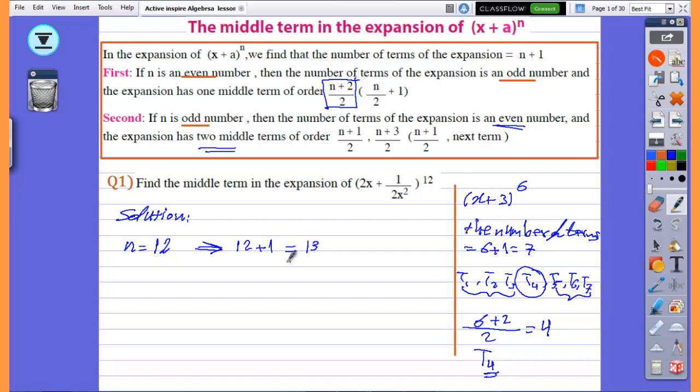Okay, so we have one middle term. What is the order of this middle term? We write the order of the middle term